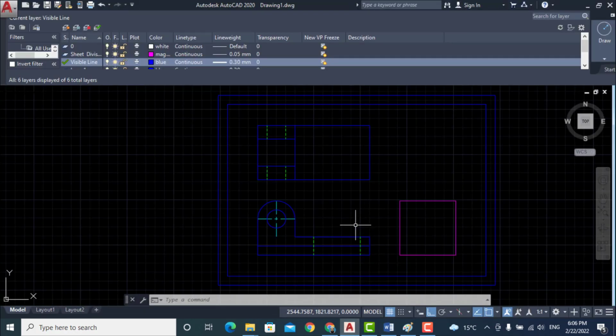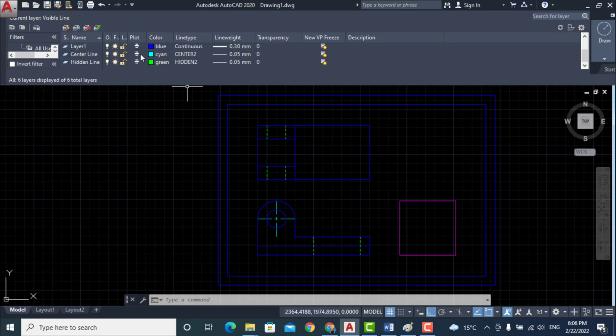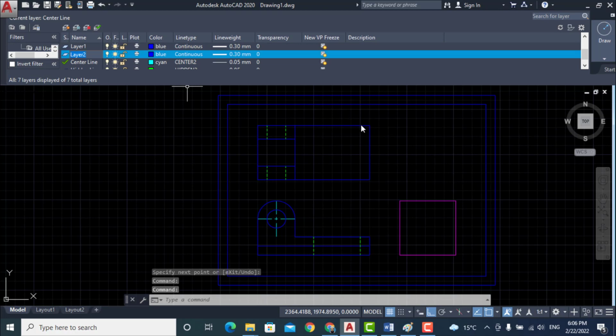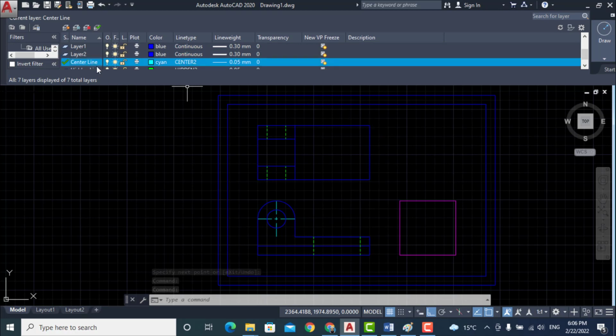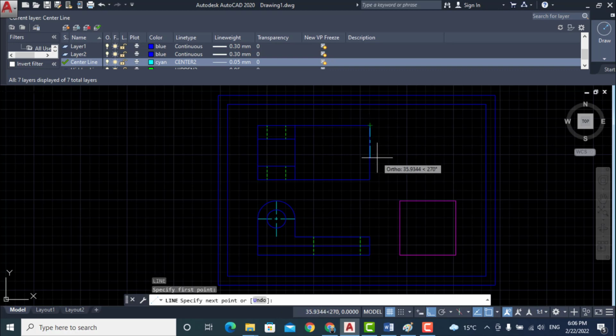So select center line, layer of center line, and give line command. This center line is at a distance of 30 millimeter. So draw here a center line,